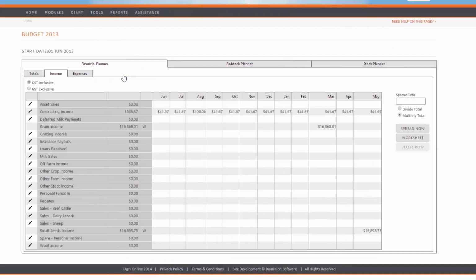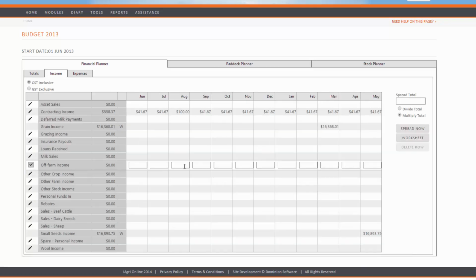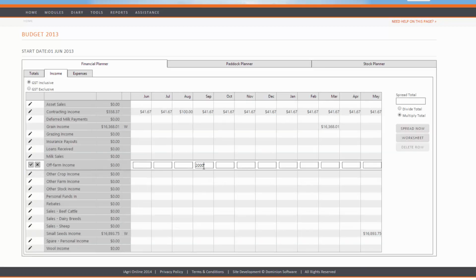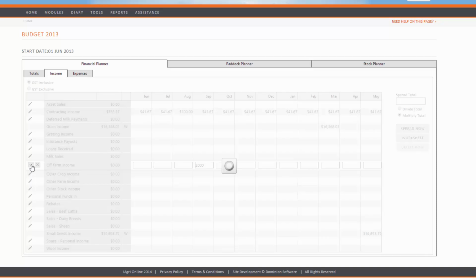And the way you can add your budget details in here are these are the headings that have come through from the headings within setup, so they're the ones that we've turned on. You can either add figures in here just by clicking on here and adding a value in, say $2,000 in September for off farm income,